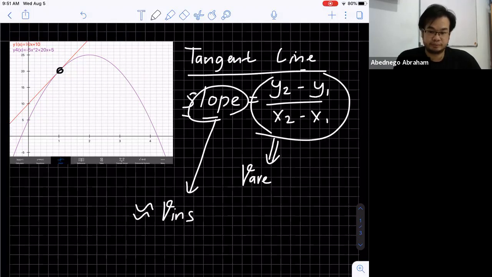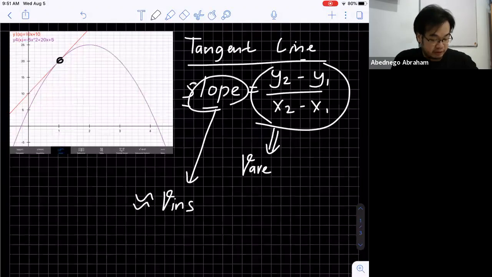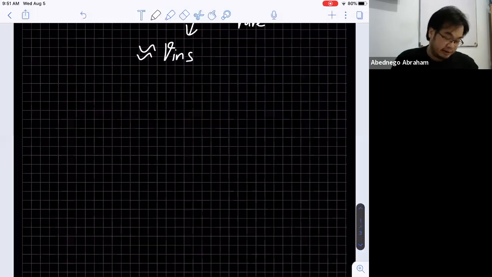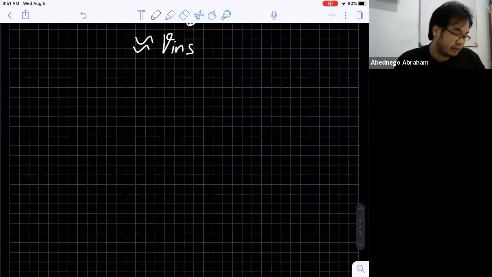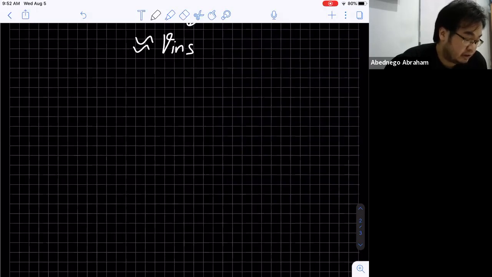Okay, so that's the first part that I want to teach you, and then let's go to example 1 in your book, page 7. Figure 1.2a shows the graph of a function at x equals a, x equals b, and x equals c. State whether y is increasing, decreasing, or neither as x increases.